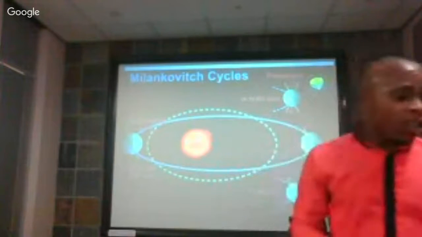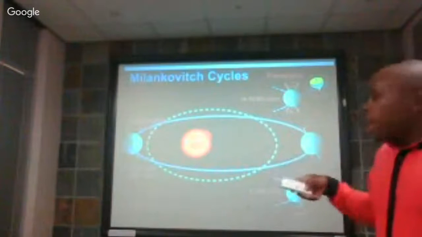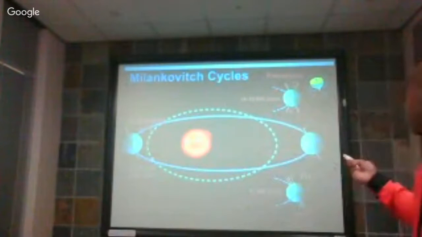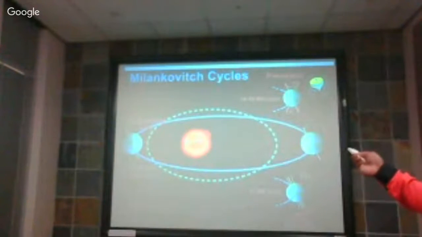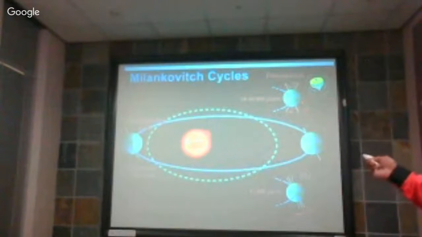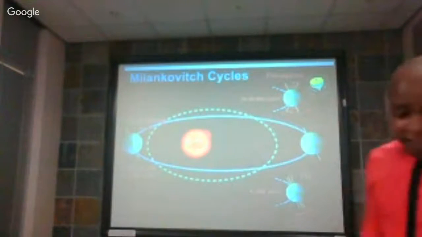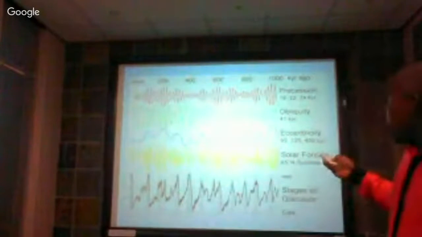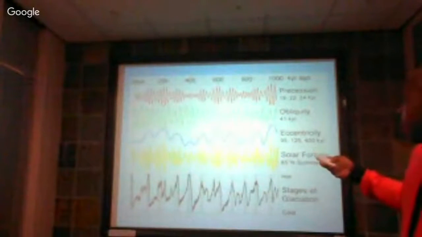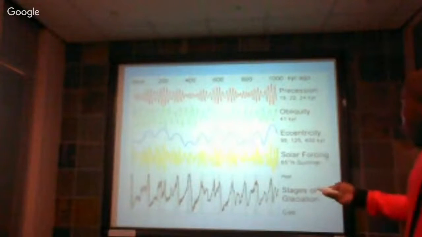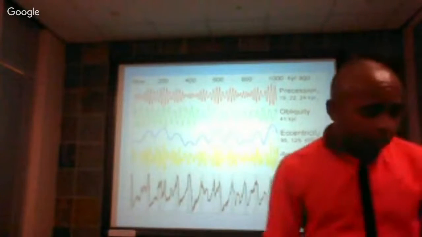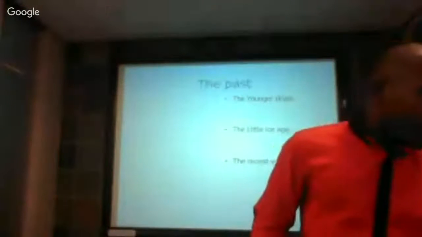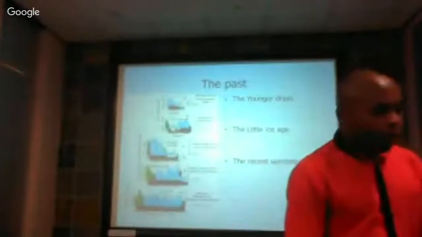Then when the Earth wobbles on its axis, if the sun strikes this particular place, there will be 24-hour daylight here, and there will be 24-hour darkness. And there's this picture here, which symbolizes the combination of the three to form this solar forcing. And Stella will just carry on with the presentation.